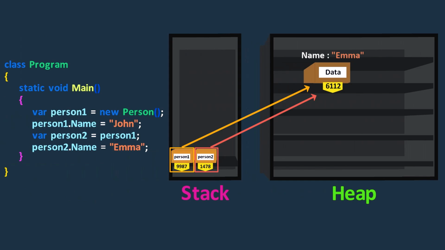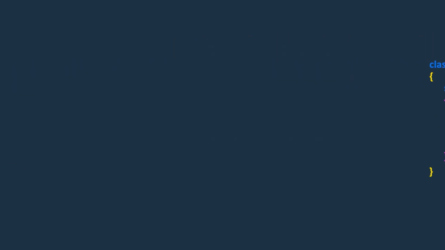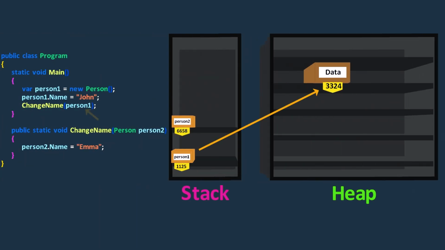This behavior occurs because reference types share the same data, and any modifications made to one reference are reflected in all references to that data. The same behavior applies to reference type parameters. When we pass a reference type variable from one method to another, it doesn't create a new copy of the variable. Instead, it passes the memory address of the actual data stored in the heap. This means that any change made to the data in one variable will be reflected in other variables as well. This is because both variables are pointing to the same memory location.